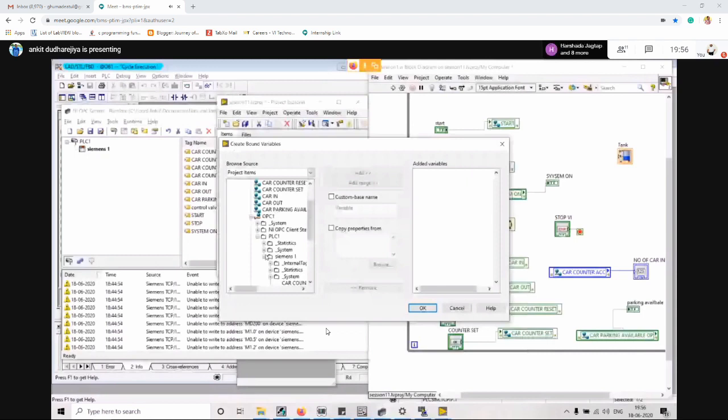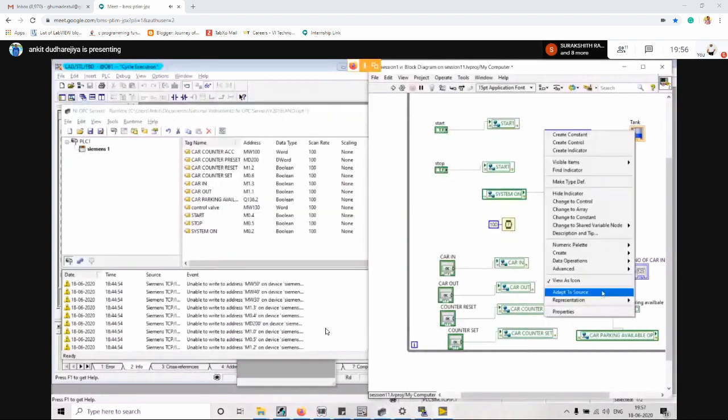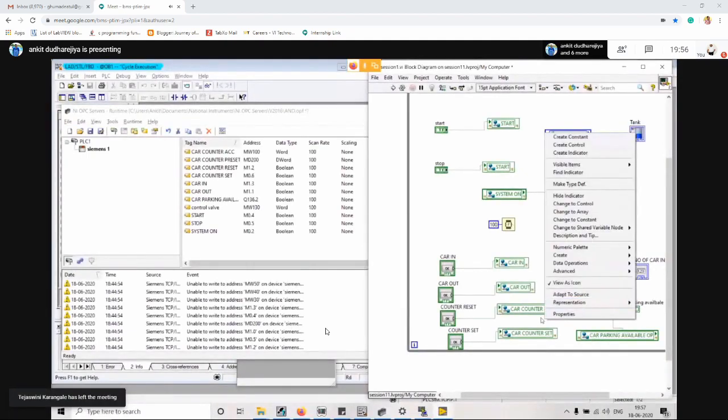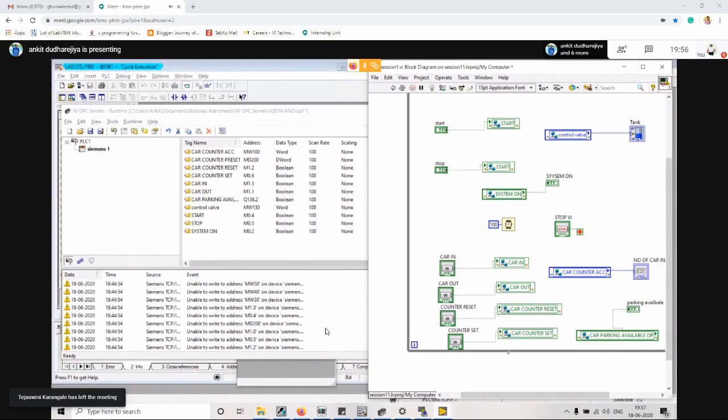So I will select the tag that is our control var, and we'll create the indicator, because the representation I have to change to U16. Okay, now I will save this code and run it.